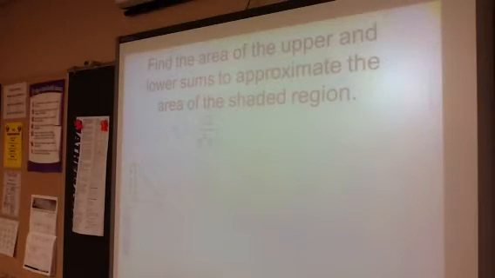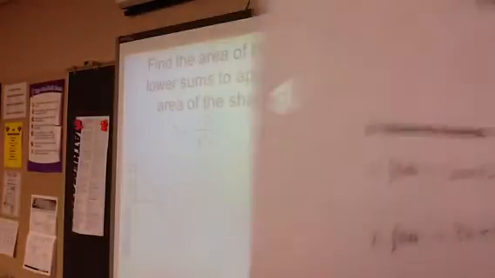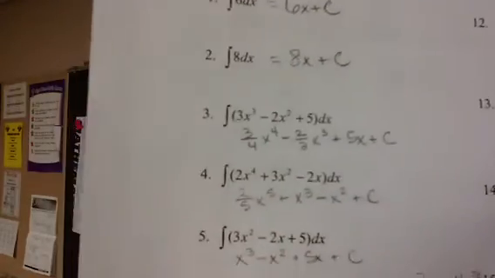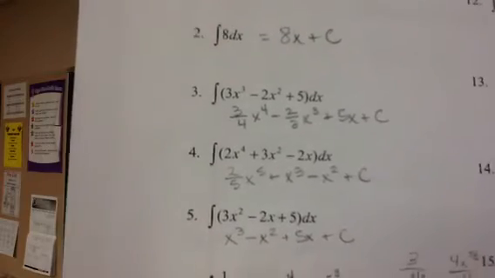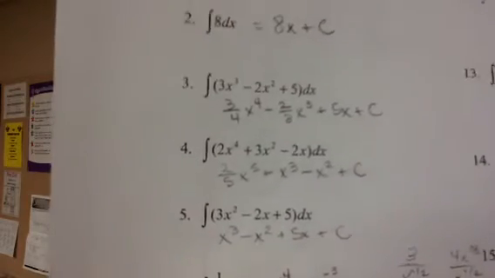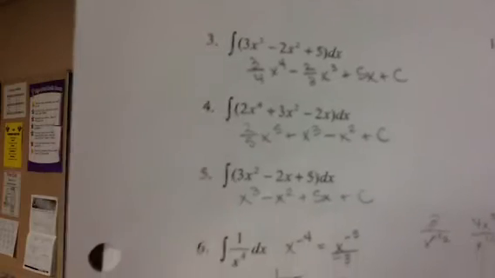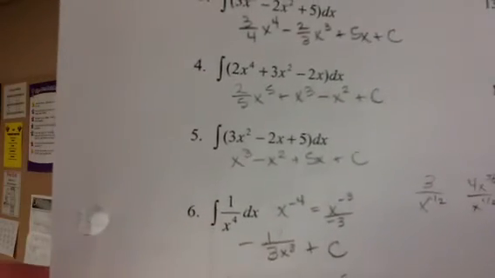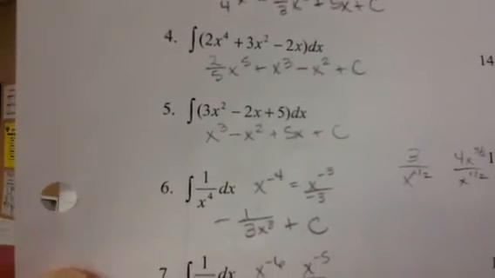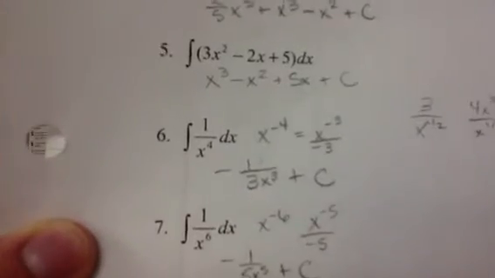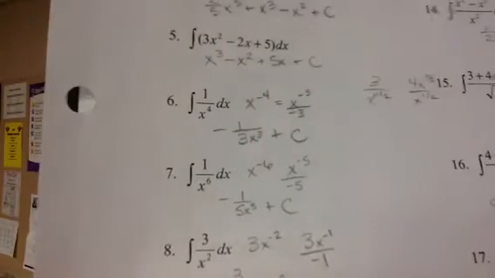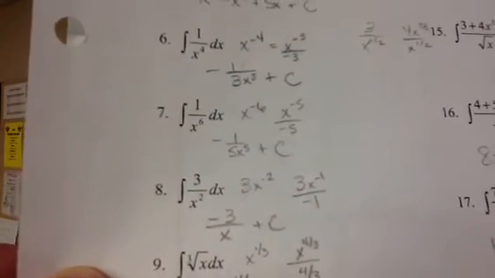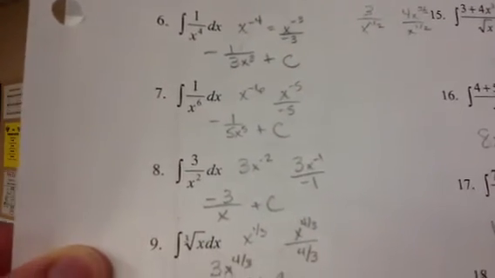For your worksheet, you should have got 6x plus c, 8x plus c, 3/4 x to the fourth minus 2/3 x cubed plus 5x plus c, 2/5 x to the fifth plus x cubed minus x squared plus c, x cubed minus x squared plus 5x plus c, negative 1 over 3 x cubed plus c, negative 1 over 5x to the fifth plus c, negative 3 over x plus c,